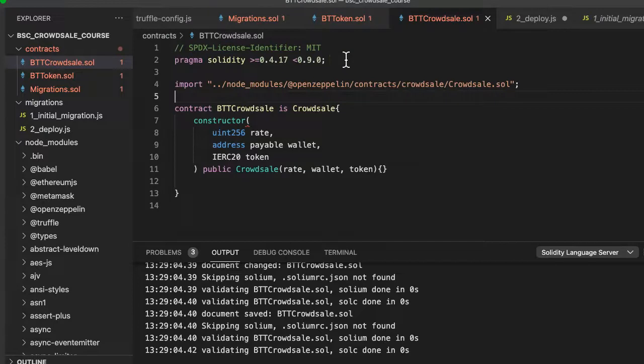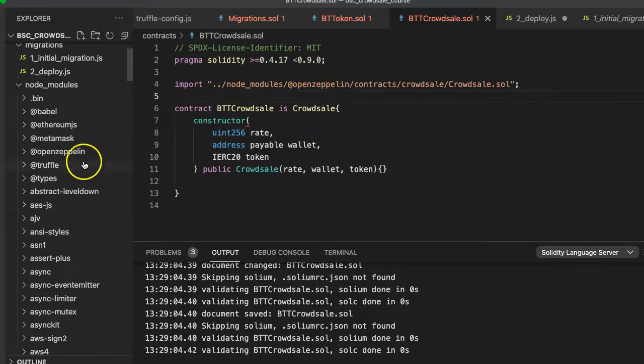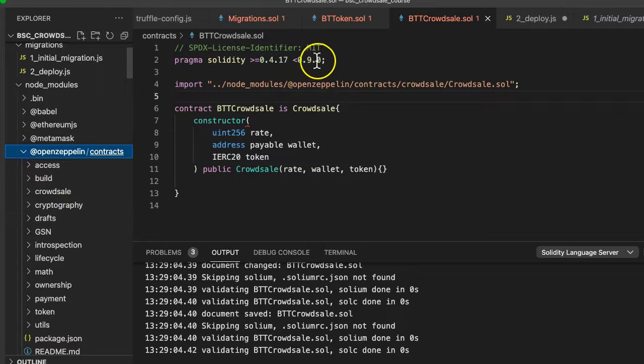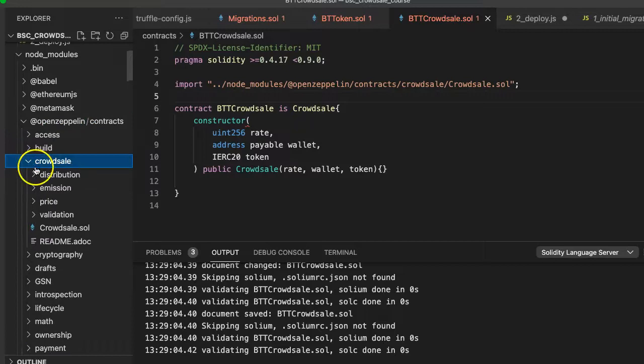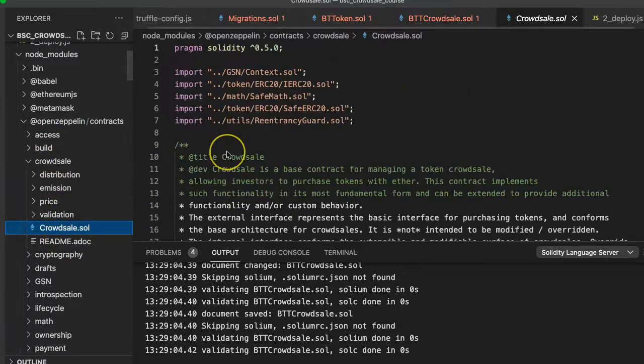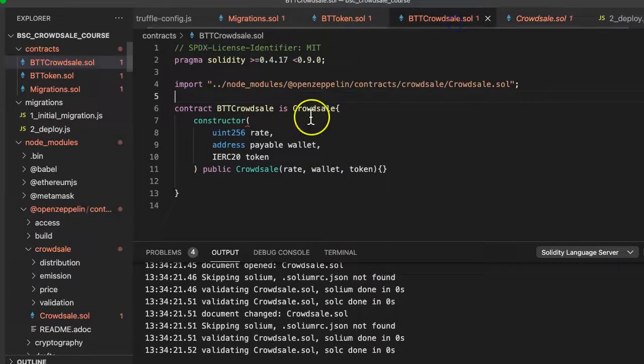So let's go look for the files. This one is in node modules, OpenZeppelin here, and then in contracts, crowdsale, OpenZeppelin contracts. Okay, crowdsale and Crowdsale.sol. So this one. So at the top, look at where the problem is. We're just going to grab one of these we put here,